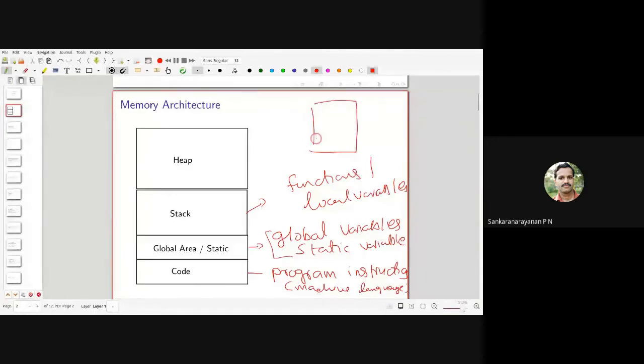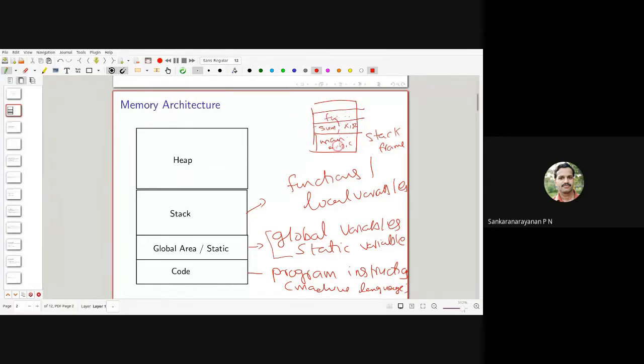Suppose we have first function main, and main will have some variables, say A, B, C. Then we call some other function sum, and that will have some other variables, say X, Y, Z. This is local. A frame, called a stack frame, will be allotted for each function, holding the local variables of that function. Then if this function calls another function, it continues like that.